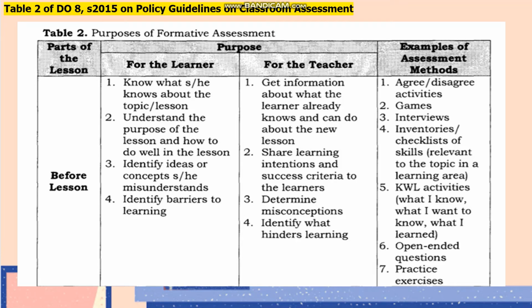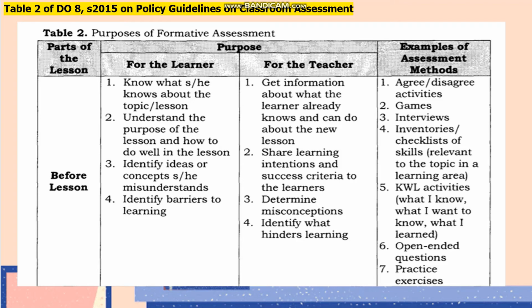Purpose for the teacher. Get information about what the learner already knows and can do about the new lesson. Share learning intentions and success criteria to the learners. Determine misconceptions and identify what hinders learning. Examples of assessment methods: